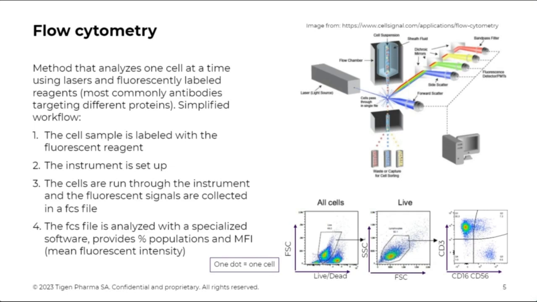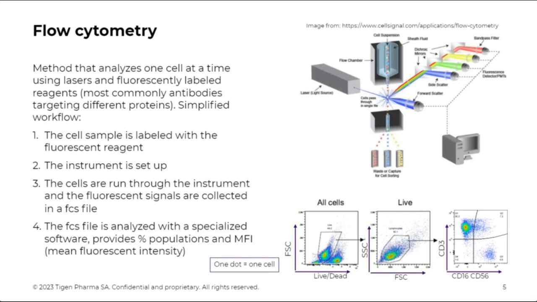So if we look at the dot plots down here, the histograms, the first one here contains all the cells, and we select what parameters we want to look at, and we put the gate around the cell population that we want to look at further. We take that population and look at it in the next window.